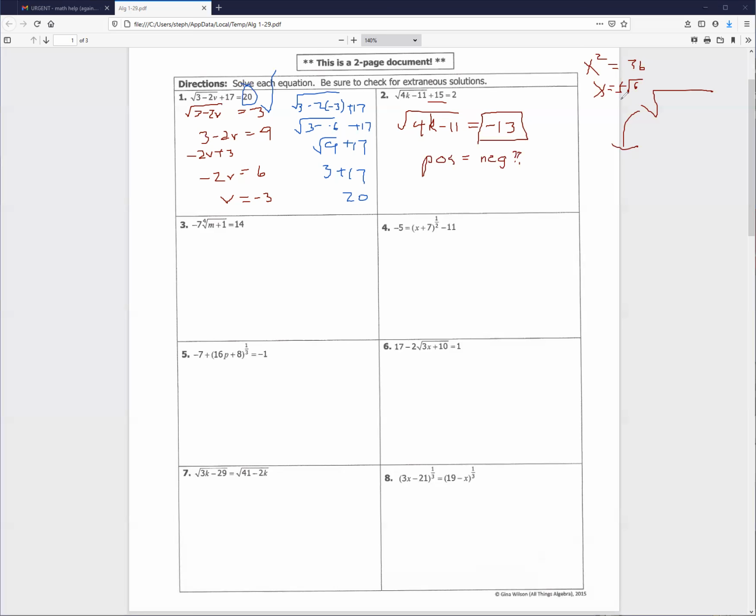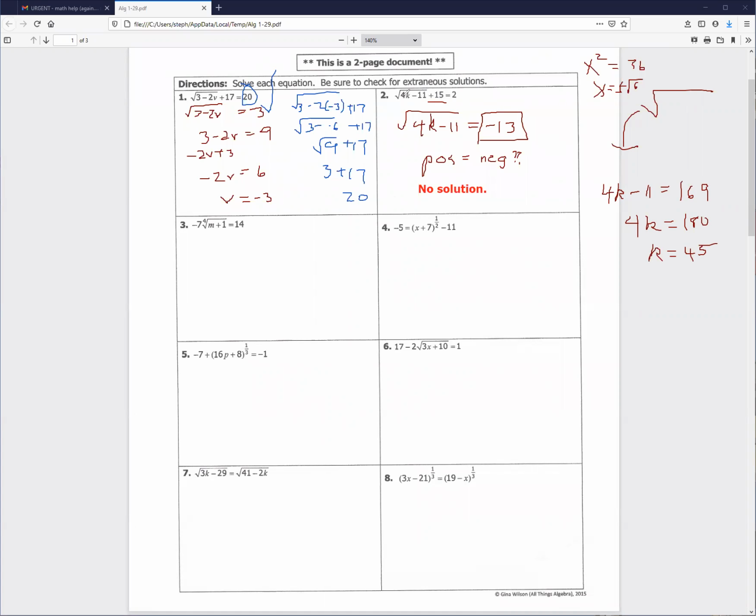The answer to this one is no solution, or at least no real solution. You could argue there is an imaginary solution. If you really want to see that, we'll go through it real quick here. 4k minus 11 equals 169. Actually, I don't think this is going to get us there because we don't have an i going on. 4k equals 180, k equals 45. That's not going to work out for us though,